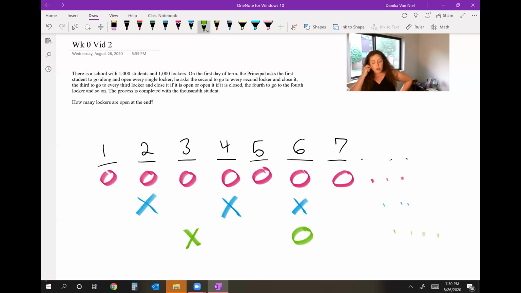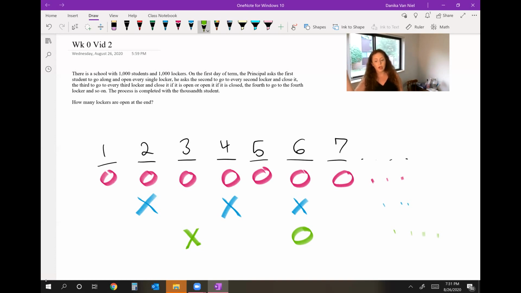Okay. So one thing that we can notice right away, the first one, that pattern is simple. They just opened all of them. Whether they were closed or open to start with, they just went across and opened all of them. The second student, we can notice, wait a second, if they open every other, that means that they're only open the even numbered